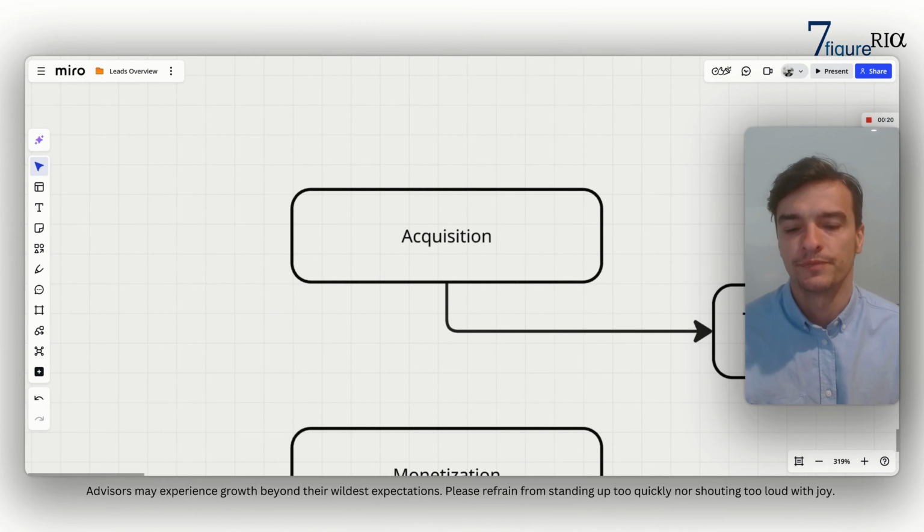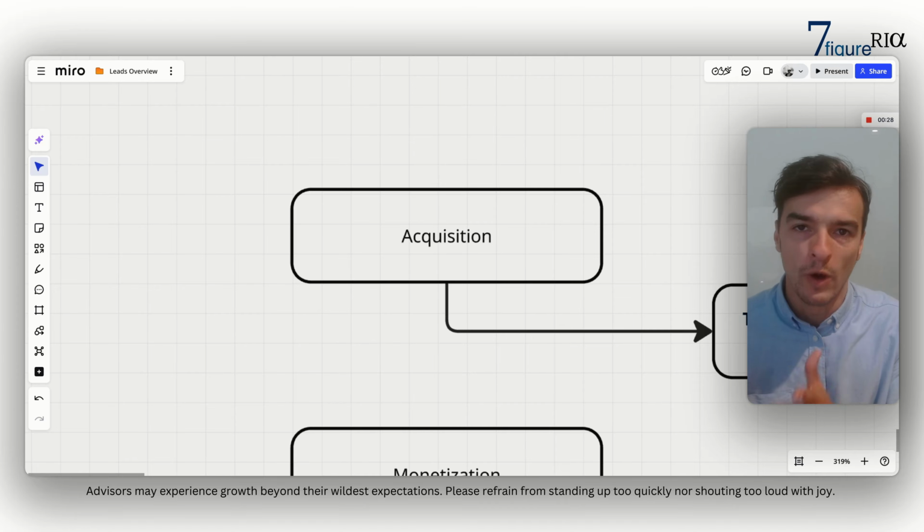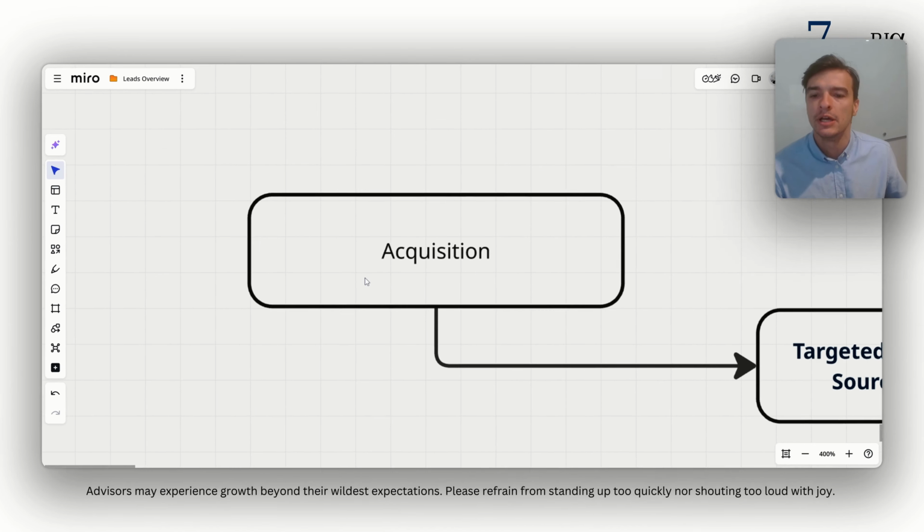The way we do this is by starting in the big picture. The first thing we do is try to diagnose or look at the current client acquisition model. And so I'm going to break down the frame, the ideas, which we start with when we're looking at a client acquisition model, specifically for financial advisory companies. And so I'm going to start with the big picture, acquisition.